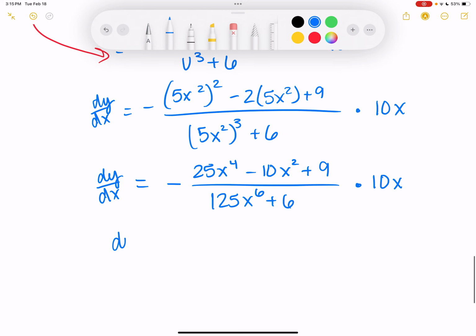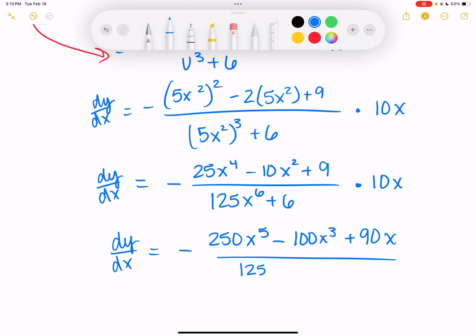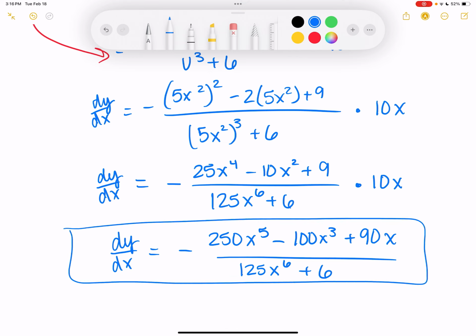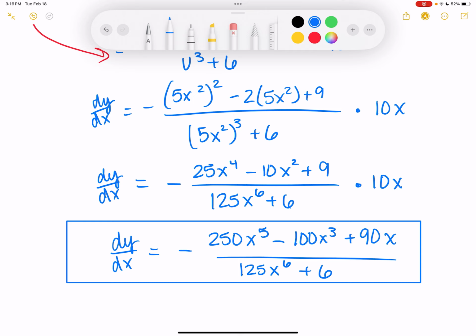So dy/dx equals negative 250x to the fifth minus 100x cubed plus 90x over 125x to the sixth plus 6. And that would be my answer to that one. So not really that hard, it's just a bigger problem, so there's just more involved with it. But the last one of these ones is,